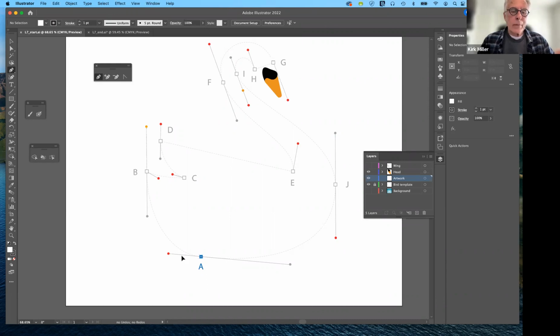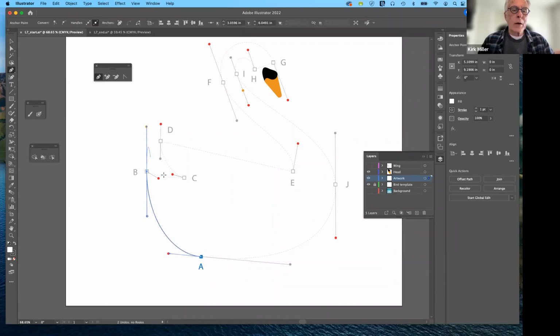So I'm going to begin by clicking and dragging, because I know the path ahead of me is curved. Then I'm going to go to point B, and notice that it starts to curve, but I want it to follow the curvature of the underlying path a little bit more accurately. So I pull it up to the yellow dot. But you'll notice that if I want to go to the next point, it's going to curve it. I don't want it to curve. I want it to come to a corner point. So what I need to do is I need to hold down the Option or Alt key, click on that curvature handle, and